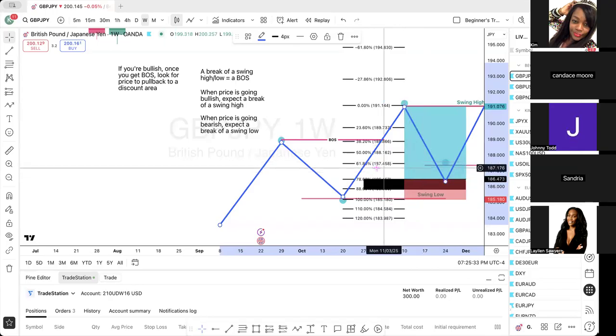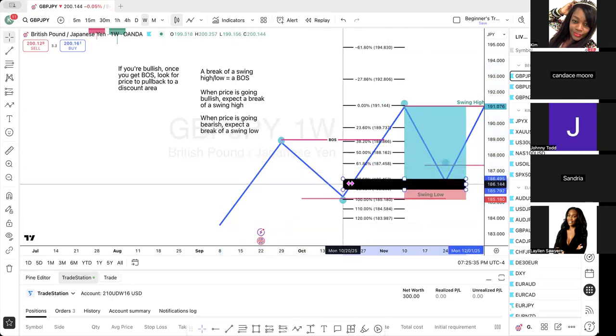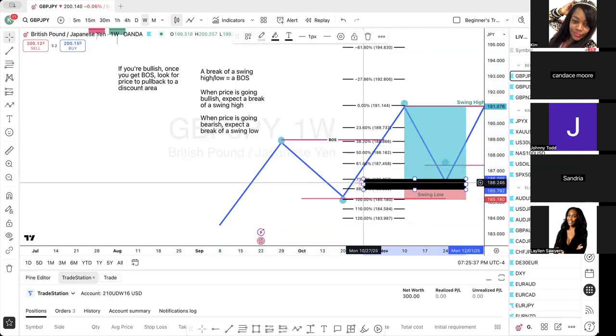But I just have one question, real quick. I'm sorry, I don't mean to cut you off. Yes, the order blocks, are they always at the swing highs and lows? Generally, yes. You're going to see some in between, though. You're going to see some in between, but that's why you have to master knowing your swings so that you're not tricked out the trade.